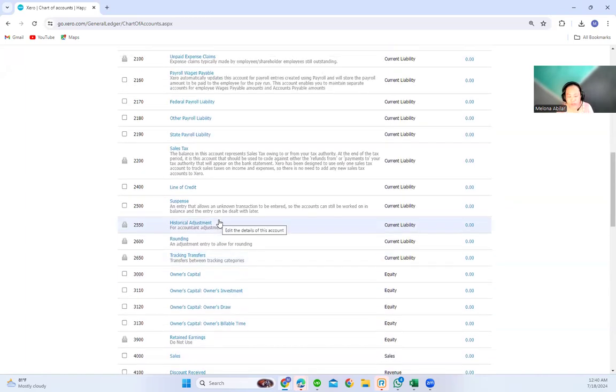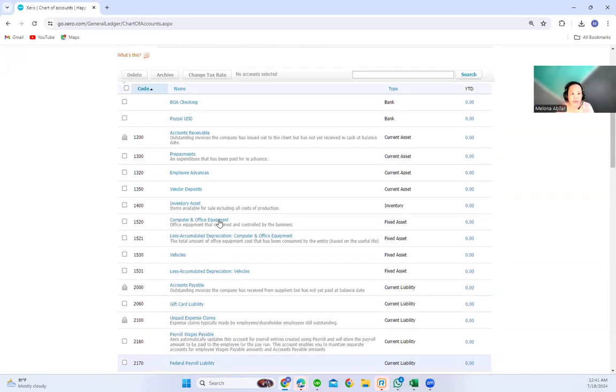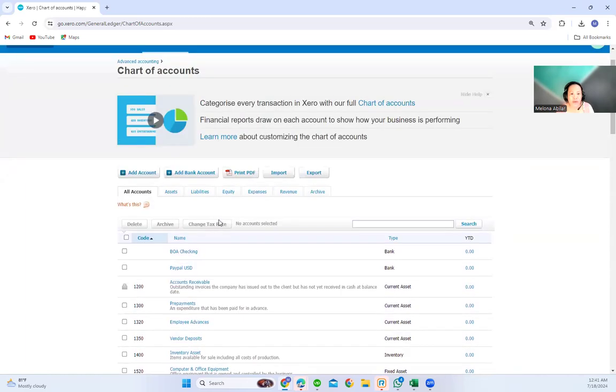For today, we are going to create clearing accounts that we are going to use for our Shopify store, which will help us track the payments that are being made in the different payment channels.